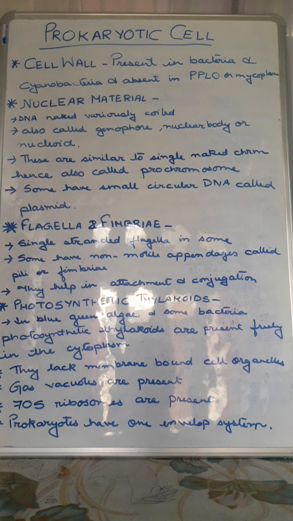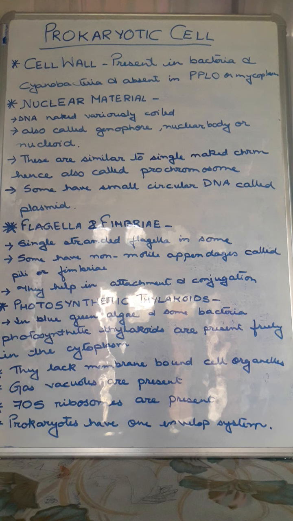They perform photosynthesis, but a proper organelle is not formed because we are already saying that the membrane bound system is not present, isn't it? And all the cell organelles are absent here, okay. We will not find any type of cell organelles. Here the thylakoids remain scattered in the cytoplasm. Now in case of eukaryotic cells, they remain completely within a membrane bound structure that is known as the chloroplast, isn't it? So here it is completely absent. That means they lack the membrane bound cell organelles like mitochondria, Golgi body, endoplasmic reticulum. All these structures are absent here.